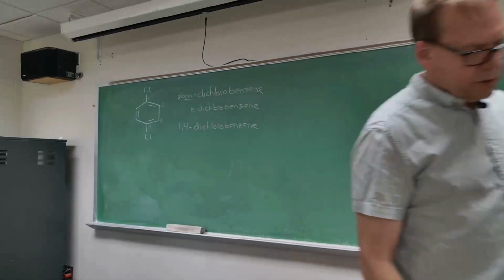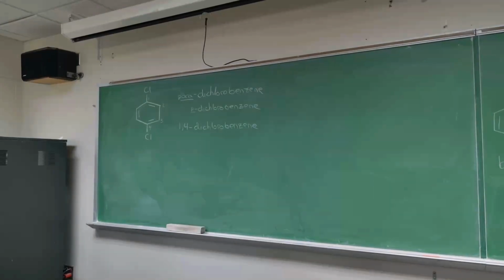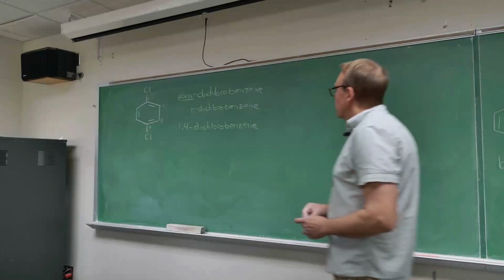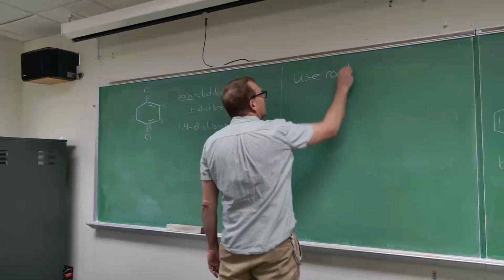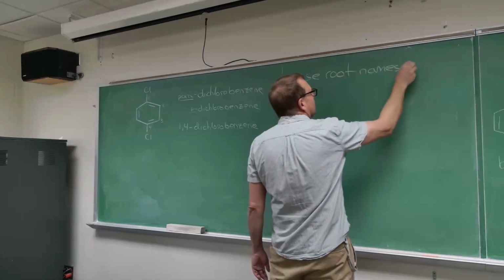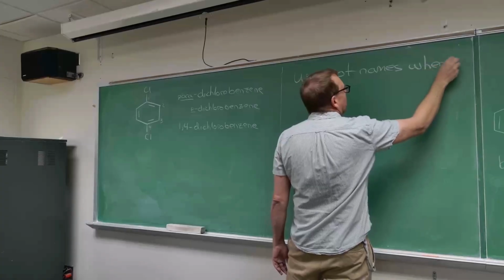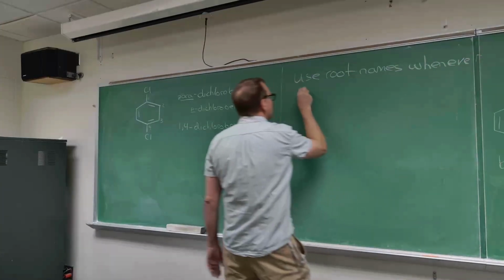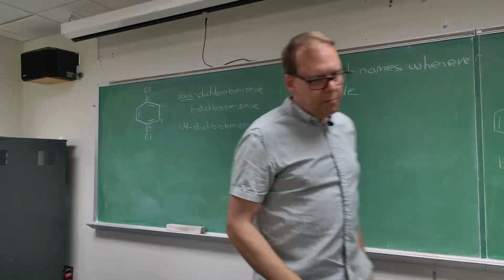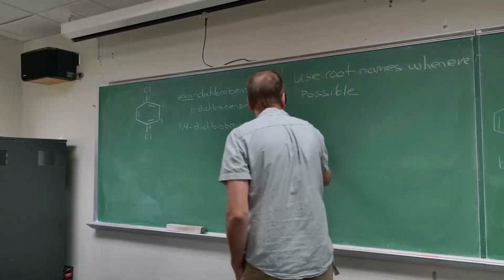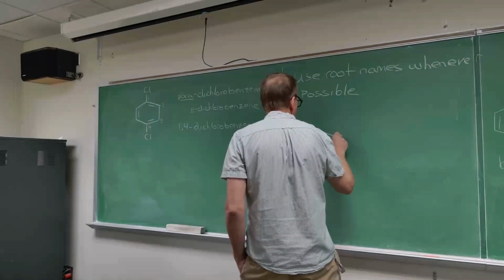So there's some nomenclature about naming disubstituted benzenes. When you have a benzene ring that has multiple different substituents on it, you want to try to use the root names whenever you can, because it'll make the name easier. Use root names whenever possible. So for example, if you were to see this molecule,